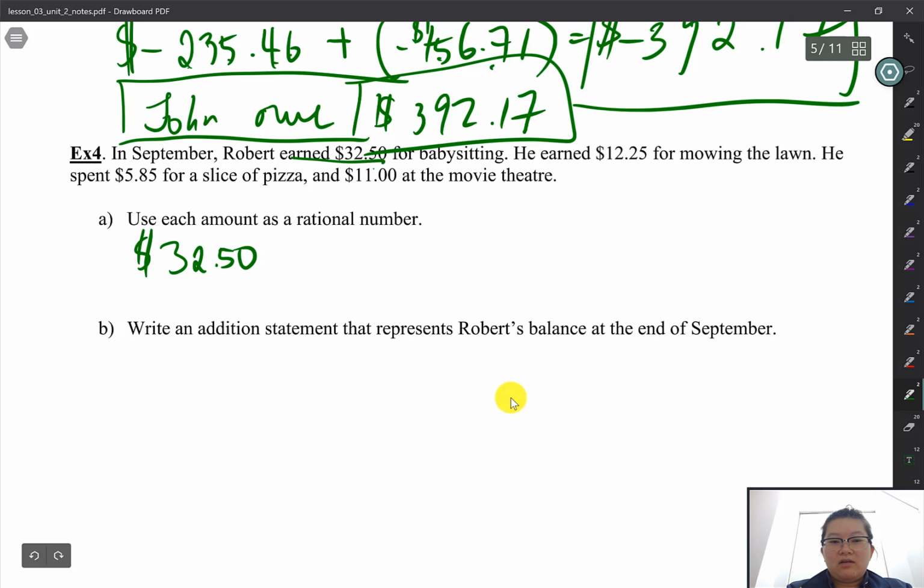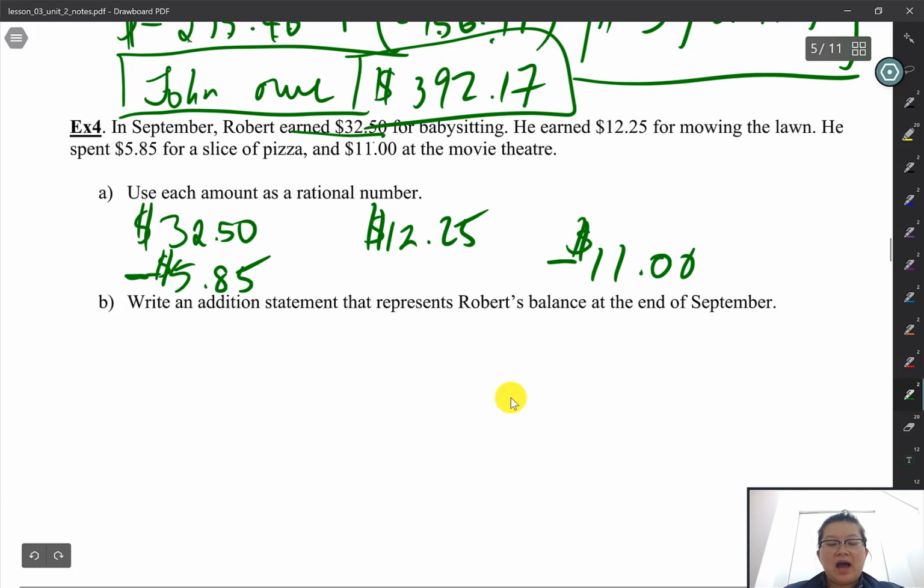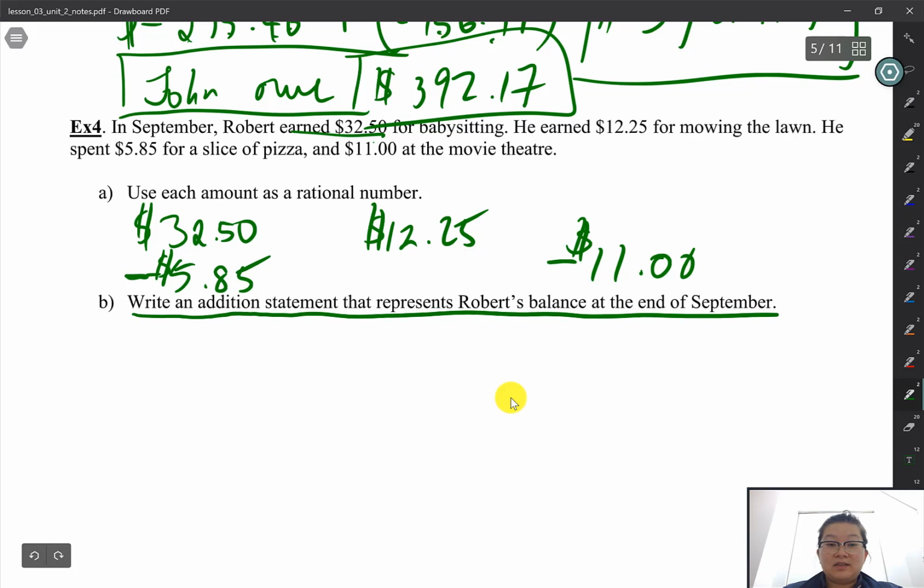Okay, he earns $12.25, so that's also going to be a positive number. He spent $5.85 on pizza. Okay, so I'm going to write it as a negative number. Okay, that's a negative sign there. And then he spent $11 at the theater, so that's going to be represented by that. Okay, and B, we have to write an addition statement to represent his balance at the very end of the